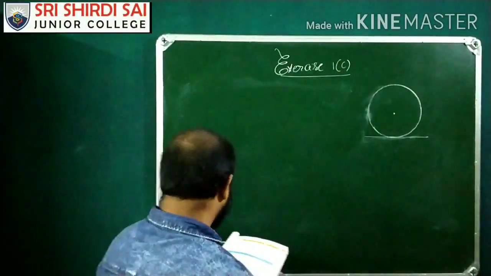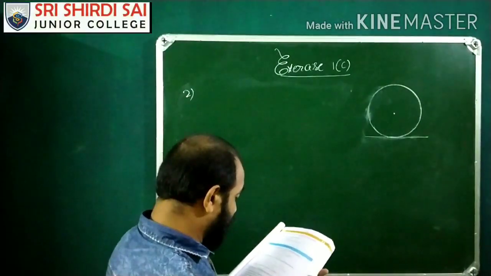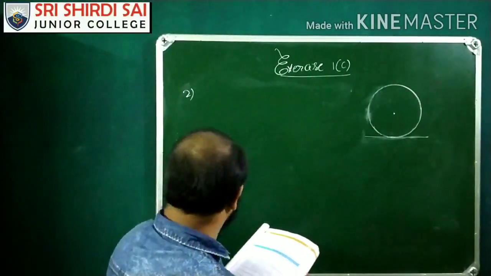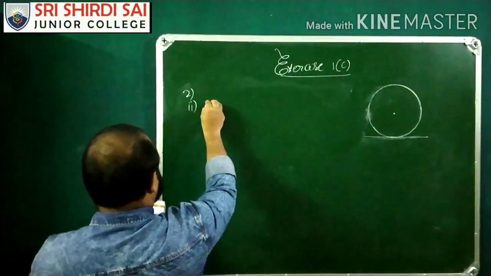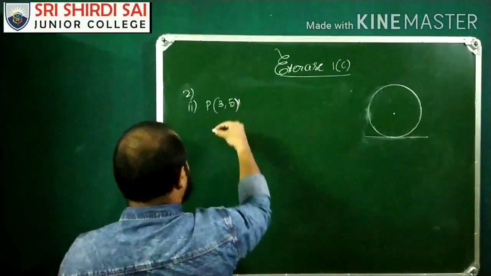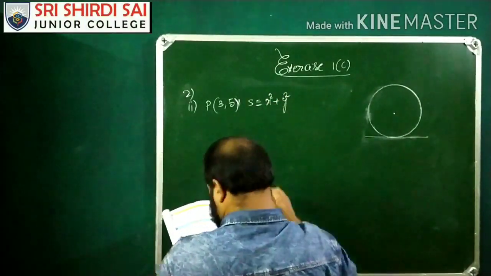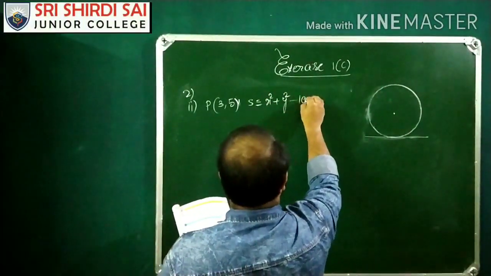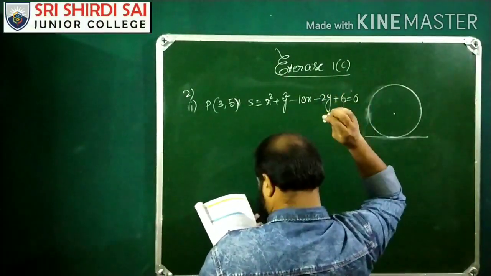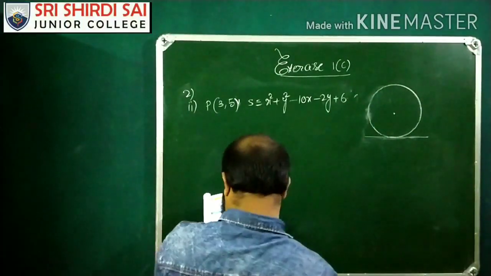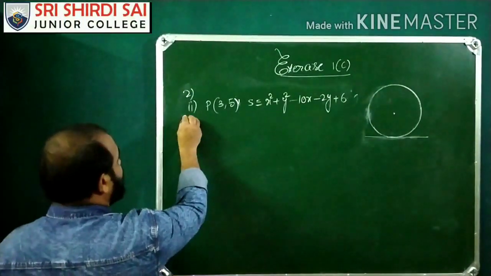Second, find the equation of the normal at P of the circle S equals 0, where P and S are given by. Second question, second bit, P equals (3, 5), S is x square plus y square minus 10x minus 2y plus 6 equals 0. Solution,